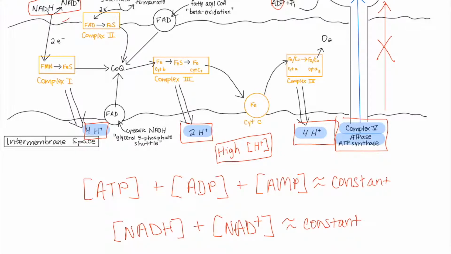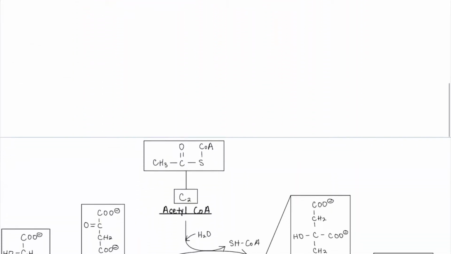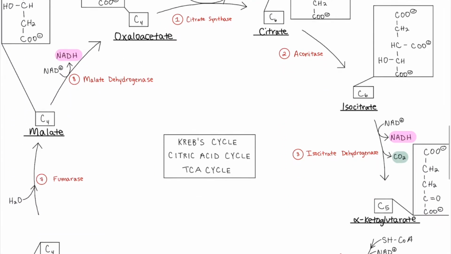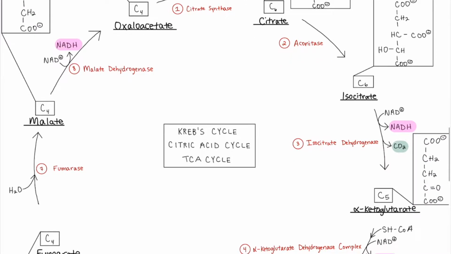Now you may be thinking, okay, that's fine. We have a whole bunch of NADH in here and not that much NAD+. How is that relevant to citrate? For that, we have to look at the citric acid cycle, or the Krebs cycle, or the TCA cycle, whatever you want to call it, to see how a high concentration of NADH is going to affect the cycle. You can see three places where we have NADH: at isocitrate dehydrogenase, at the alpha ketoglutarate dehydrogenase complex, and at the malate dehydrogenase enzyme. That's where we are making NADH.